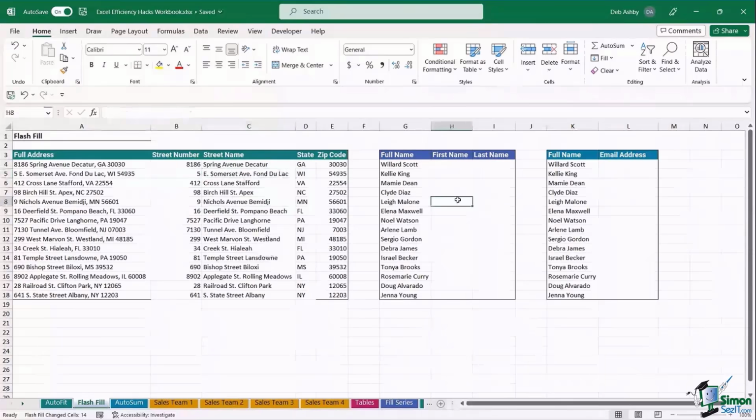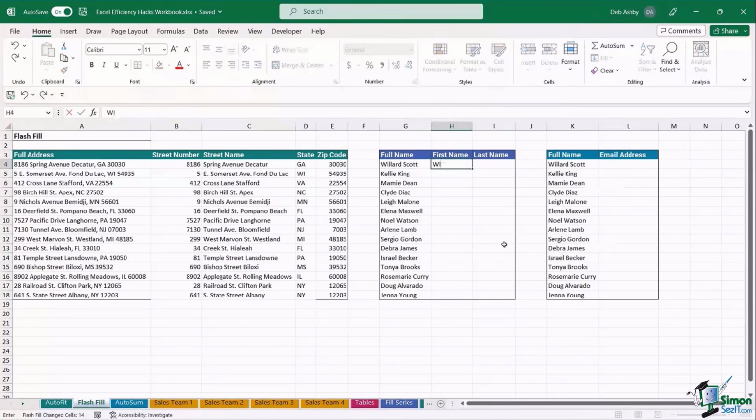We can also do it if we want to do things like change case or just split up first names and last names. So if I wanted to maybe change the case of all of these, I could simply, again, just type in how I want it to look. So again, I'm providing Excel with the pattern. So maybe I want these to be in uppercase, and then I can simply either Control E,